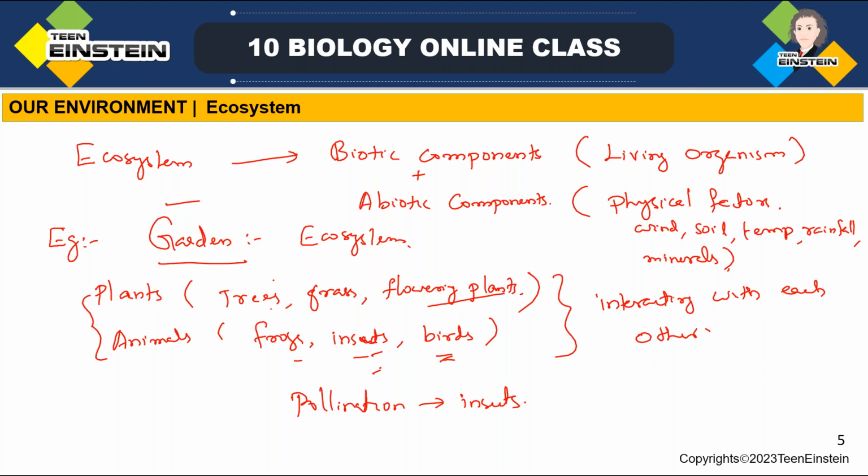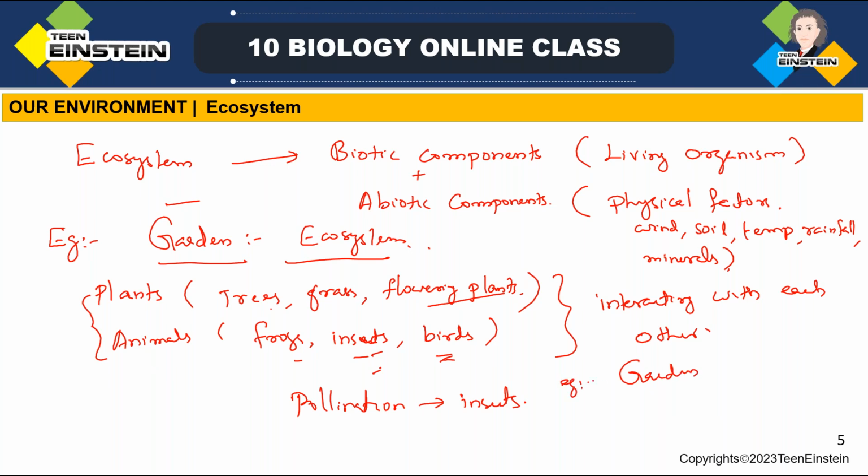If you're considering a forest, this is a common example which everyone can explain. In a forest, wild animals, big animals will be there, right? Big trees will be there, grass will be there, small insects, frogs, different types of birds, and different types of flowering plants will be there. So everything. This is a simple example, and other types of ecosystem like pond and lake are also examples of ecosystem. Okay, so garden, then another example,